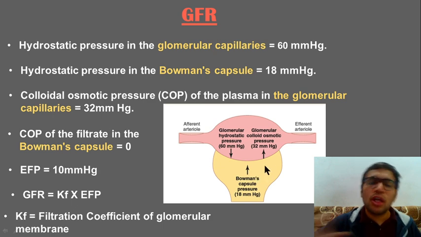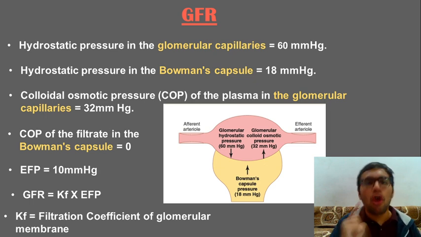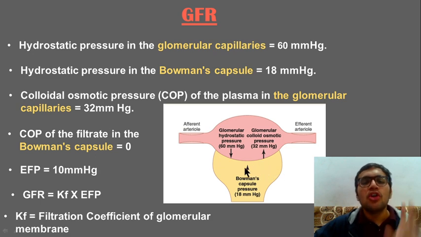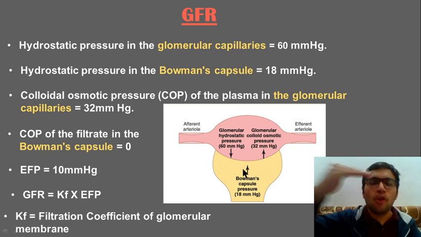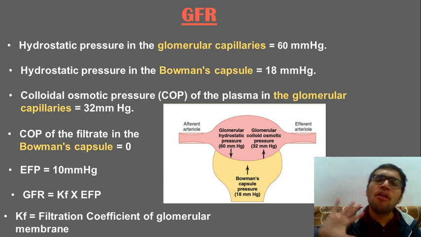Osmotic colloid pressure is due to proteins. You very well know that in Bowman's capsule, I have told you there is no protein. Ultrafiltrate normally has no protein. If there is protein in your filtrate, then it is an abnormality, guys. So automatically this pressure becomes 0. So always remember, hydrostatic pressure of the glomerulus will favor, and the rest all will oppose.